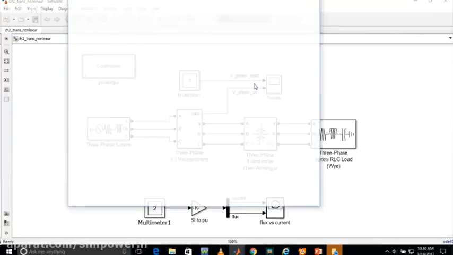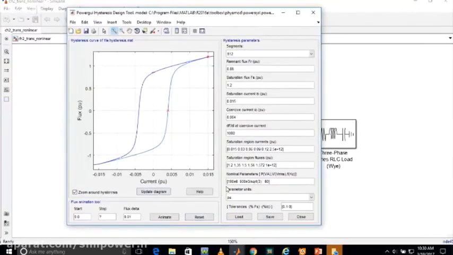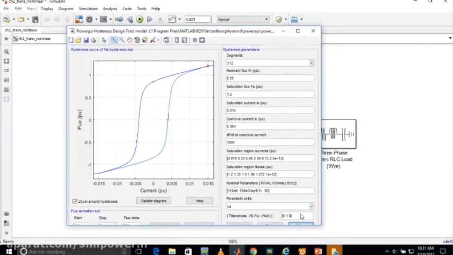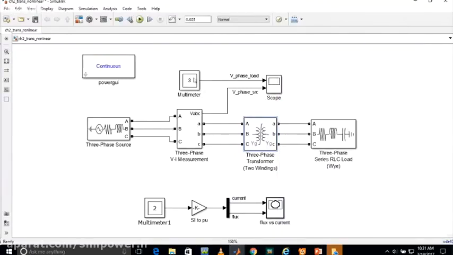You can click on the hysteresis design and it will provide you a hysteresis loop as per your requirement or the design of your transformer. They have also provided you with the hysteresis loss sheet. You can adjust any amount of parameters here and then save it. The moment you save it, it will be saved as a hysteresis.mat file as written over here. And your circuit will look something like this. And if you run this,